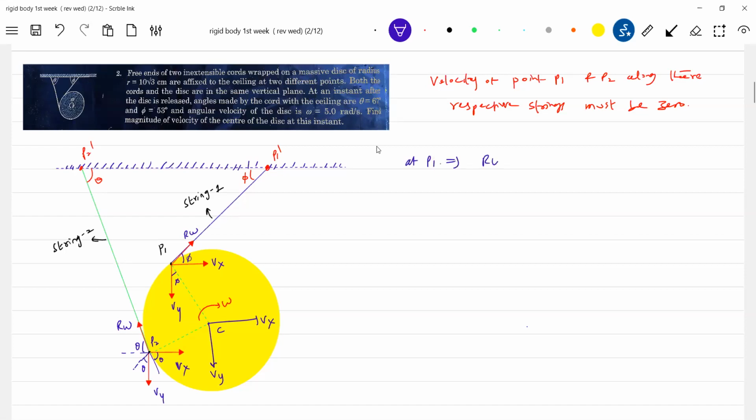The equation we can write: r omega plus Vx cos phi minus Vy sin phi should be equal to 0. At P2, r omega minus Vx cos theta plus Vy sin theta equals 0. Two equations, two unknowns Vx and Vy, solving that. R is given, no? Small r it is. Simple. Then the speed of center of mass is given by